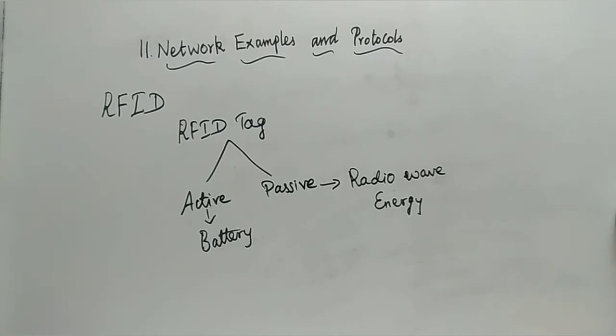Okay, so RFID tag is of two types, that is your active, and the next one is your passive. Active is nothing but it is going to generate power of its own, and for generating that power it is going to have a battery inside. But in the case of passive, it is using radio wave energy to send the information it has in the tag. Similarly, for receiving also, it is going to use the radio wave energy. So that is the difference between the RFID tag, that is your active, and the next one, your passive.